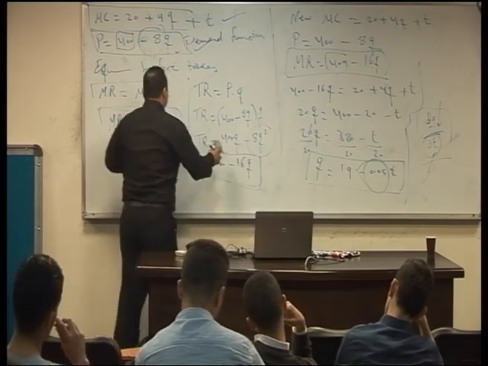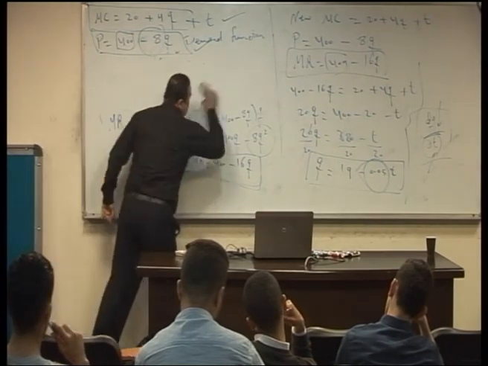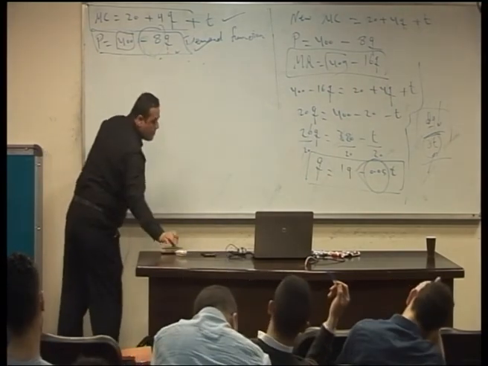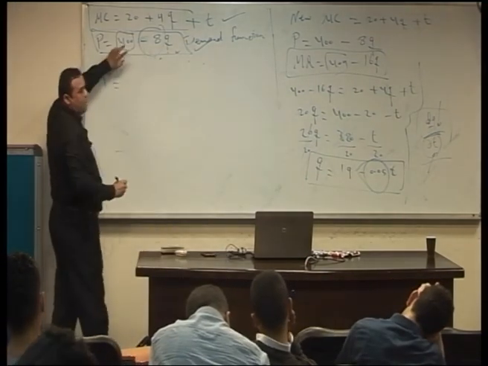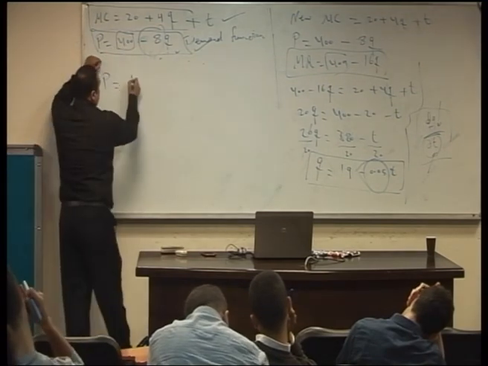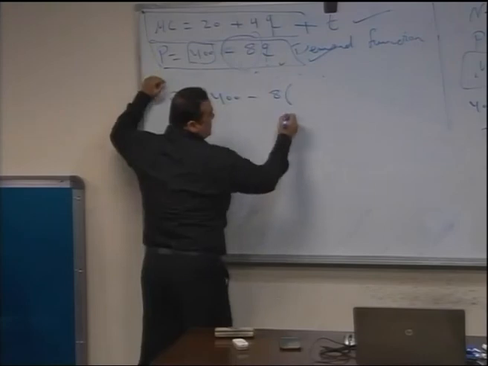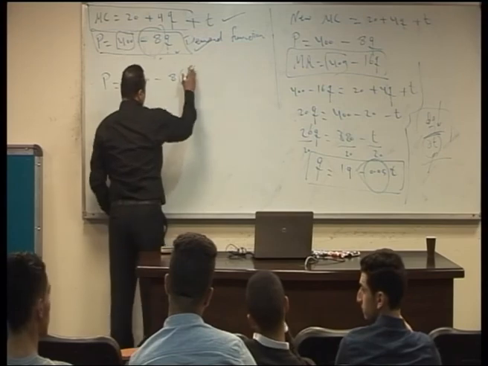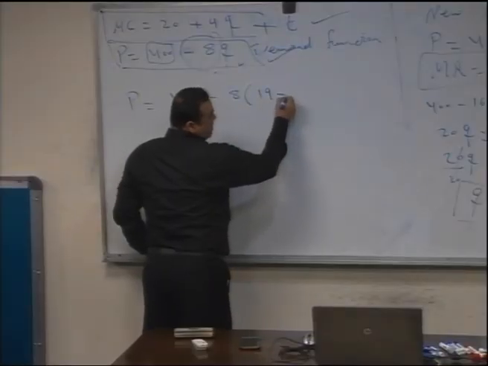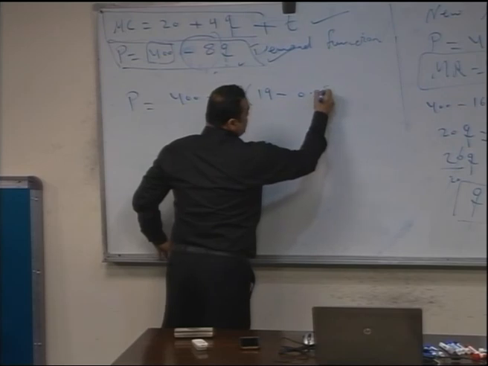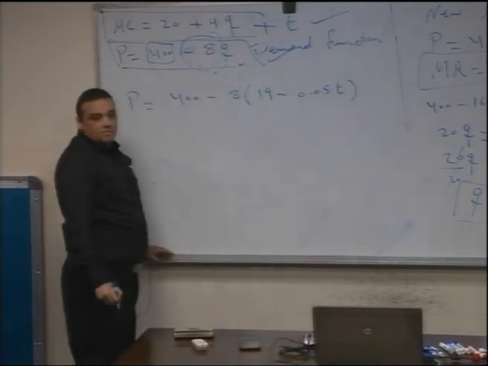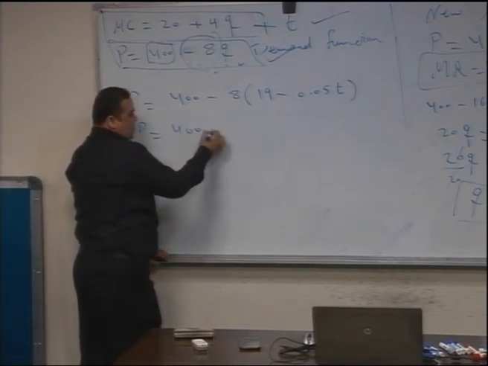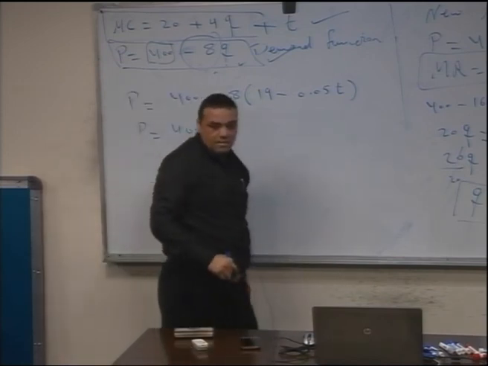طيب what about the price? The new price here. بعوض بالفورمولا هاي 400 minus 8 times Q اللي هي هاي 19 minus 0.05% taxes. So the price equals 400 minus اضرب لي 8 في 19